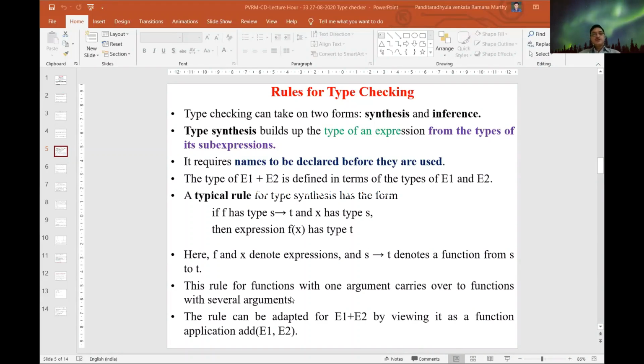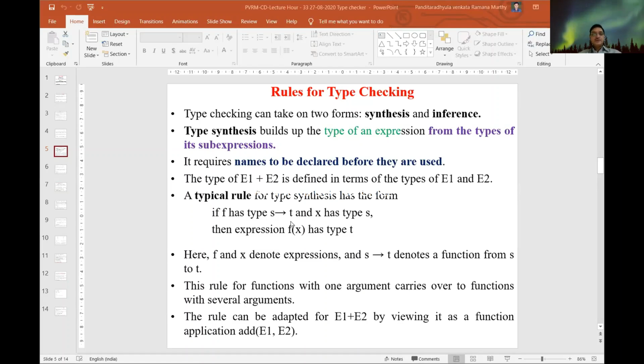This rule for functions with one argument carries over to functions with several arguments also. For simplicity, this particular rule S derives T is given with a single argument, but we can have several arguments. The rule can be adopted for E1 plus E2 by viewing it as a function.